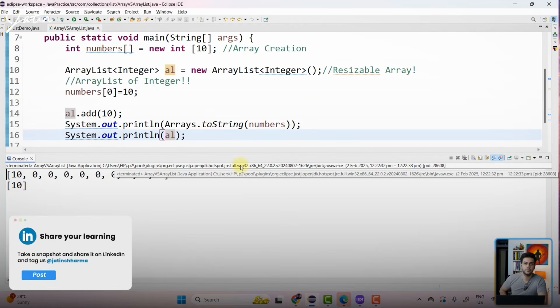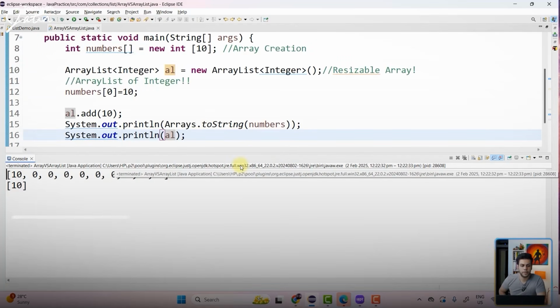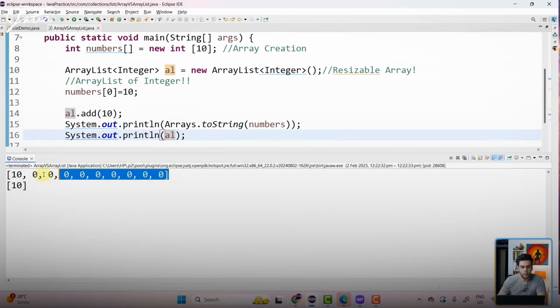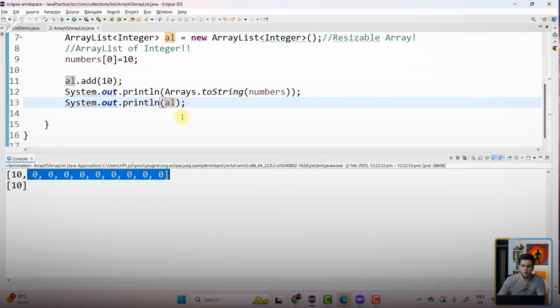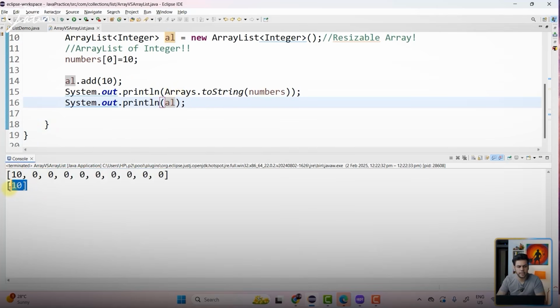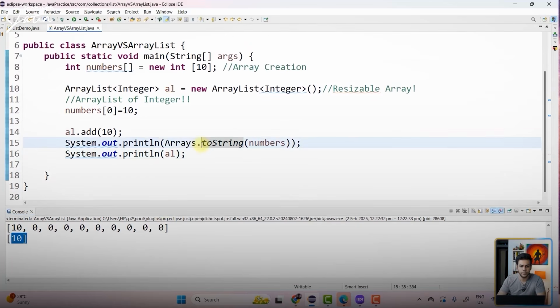Do you agree with this? Over here, guys, we have this entire array, fixed size, and on the 0th index, 10 is coming into picture. Rest all the stuff is 0, 0, 0, 0, 0. And over here, the array list, I just have 10 with me. So it is only going to print whatever is being stored over there. Only 10 is there inside this array list. All right, quickly write this particular code at your end.